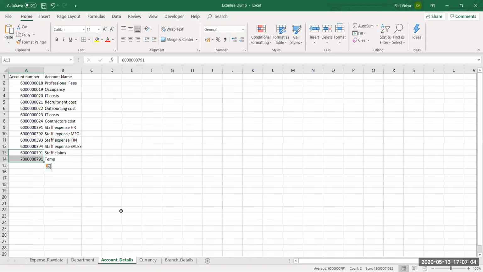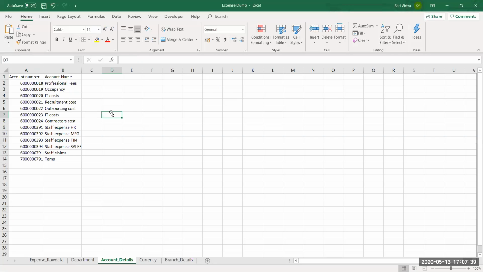Next, account details. See under which accounts your expense is being recorded, whether it's professional fees or occupancy. Occupancy comes under rental charges, if your organization has rented any space. Then IT costs, recruitment costs. There are so many things like this. You have all these accounts kept separately for a purpose, to organize your expense into different accounts.